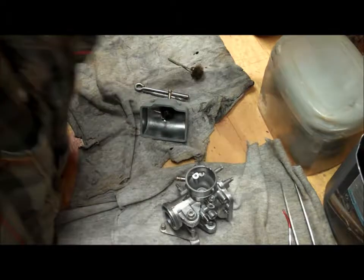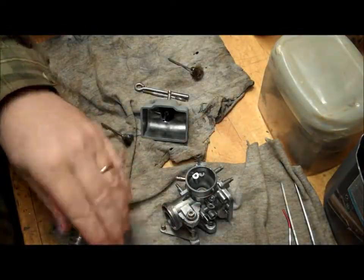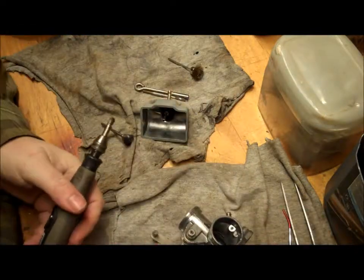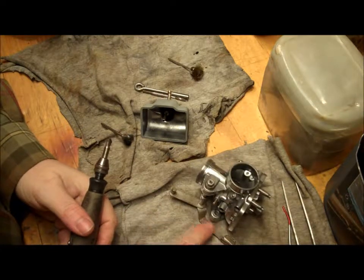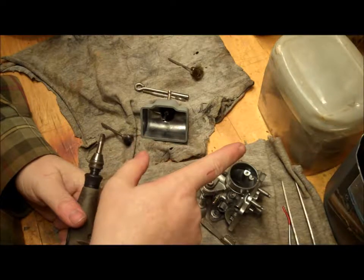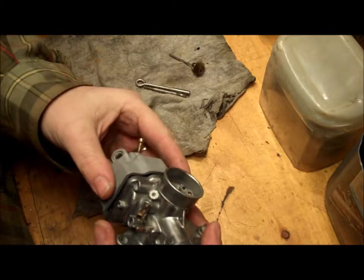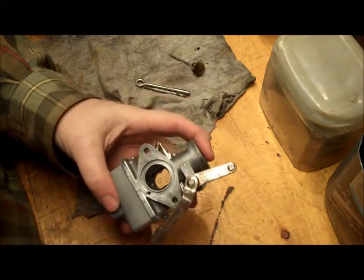So that's us done with the soft brass brush. I'm now going to go at some of the harder rust on the carburettor along here. I'm then going to scrub up the internal parts, etc. Just one thing to really add with doing this is that the wheel does lose the